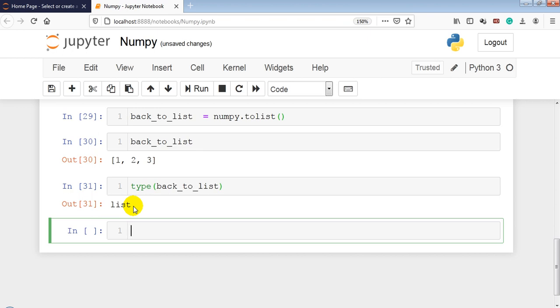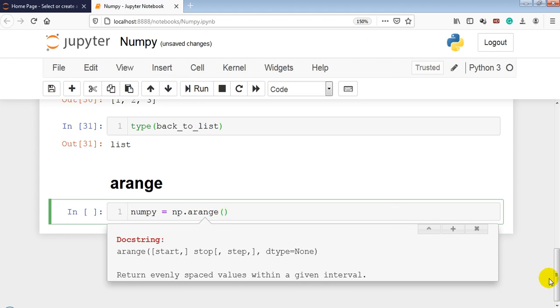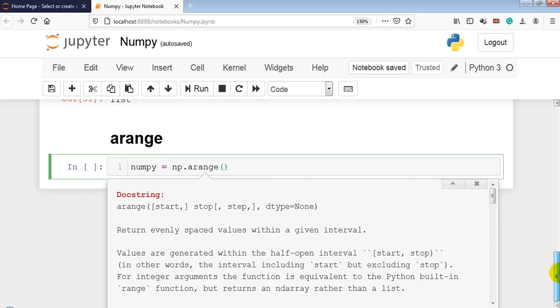Next, I will explain arange. Let me take the same variable name, np.arange. If you put the cursor in the parenthesis and press Shift+Tab in Jupyter Notebook, it will show you the different parameters supported by arange, which are start, stop, step size and data type.